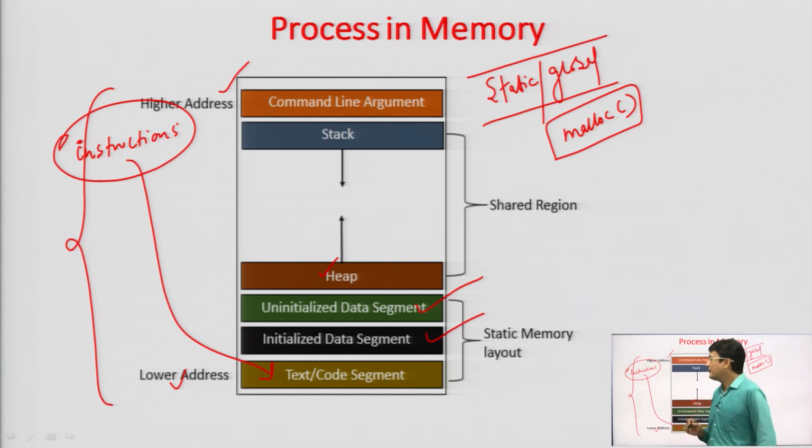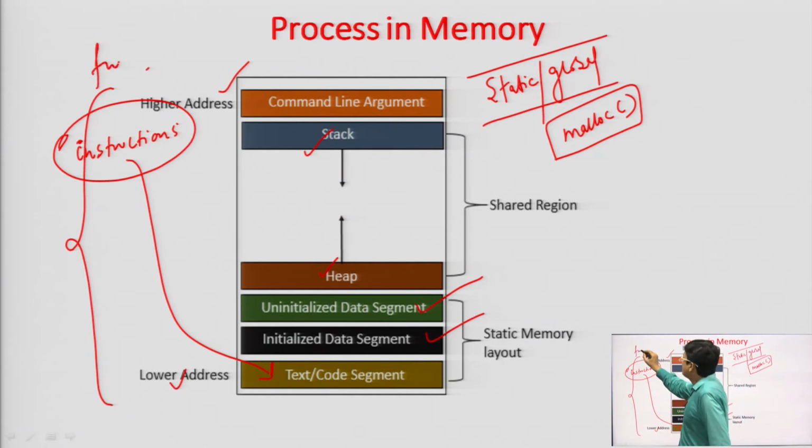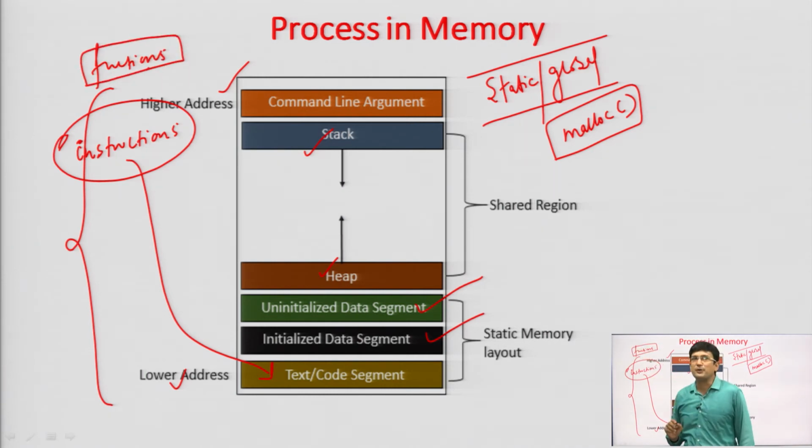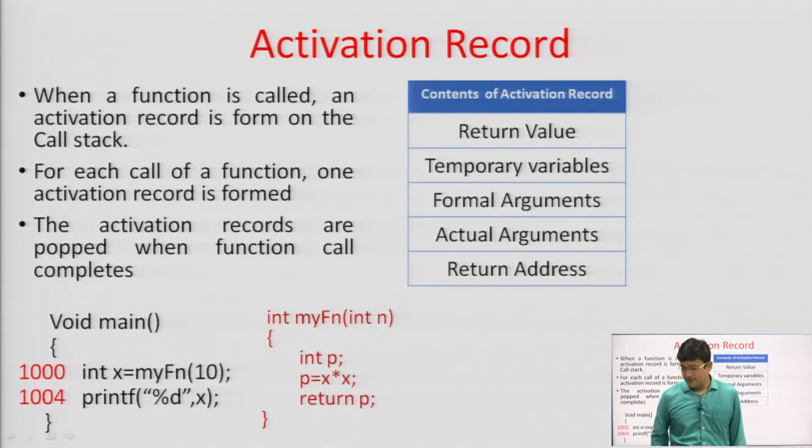And then finally, the stack, which is the most important one with respect to a program. In the program, we define small functions. These functions, when called, are allocated some memory. Let us say we are calling a function 10 times in the execution. So, 10 times we will be giving the space to this function in the stack region. Every time a function is called, the space is given for the running entity of this function in the stack region, and we call that the activation record.